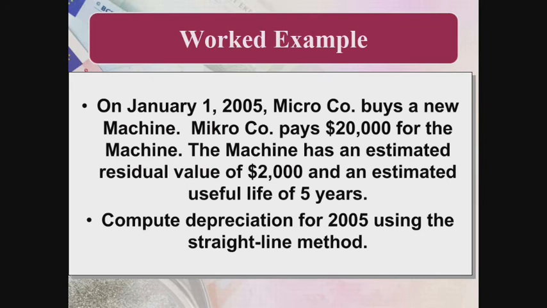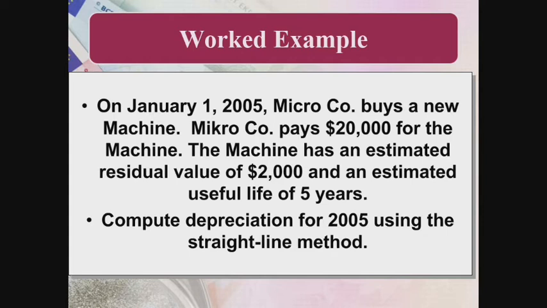Here is a worked example for the method which is straight line method. It is also known as original cost method because every year depreciation is charged on its original cost. On 1st January 2005, Micro company buys a new machine. It pays $20,000 for the machine. So this is the cost of an asset, and its residual value which is expected to be